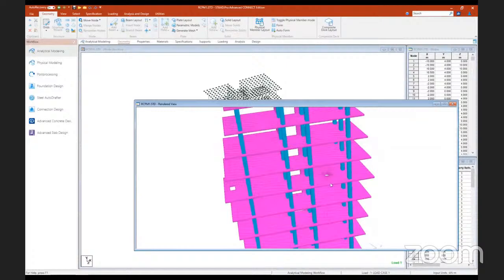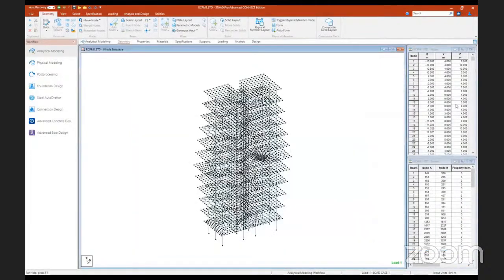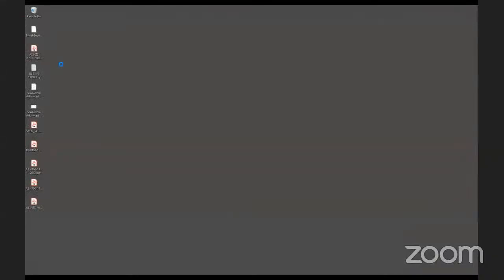So if at any point the client comes back and says, I want to change these openings, I want to move this one or increase the size of this one, within the Analytical Modeler that is quite difficult to do. You'd have to remove the finite elements and regenerate them. But with the STAAD Pro Physical Modeler, that's an easy action to perform. So if we go back into the Physical Modeler,